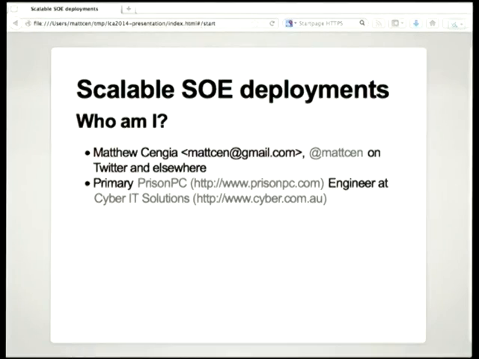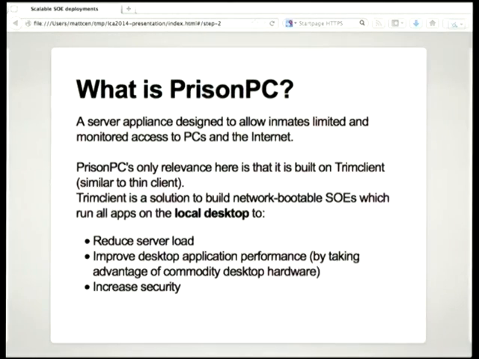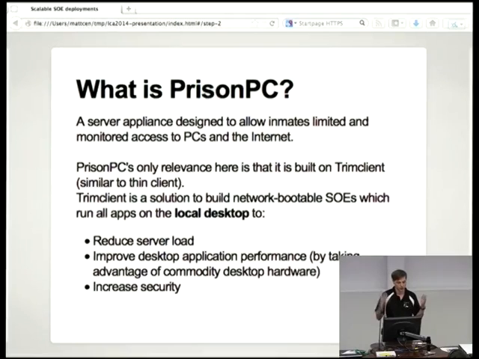Okay, hi everyone. So I work at Cyber IT in Melbourne, and I work on a system that we've developed called PrisonPC. Now, PrisonPC is a server appliance that we've designed that allows inmates limited and monitored access to PCs and the internet. Its only relevance to this discussion is that it is based on another system we developed called